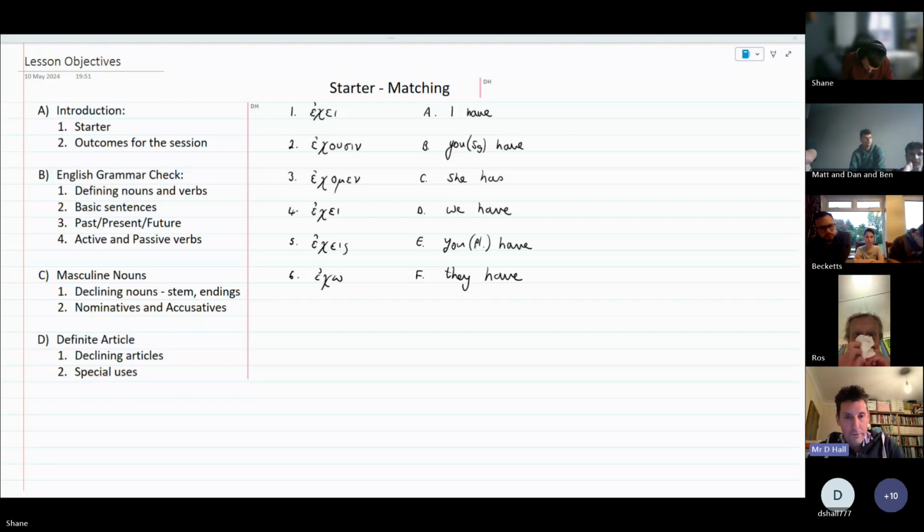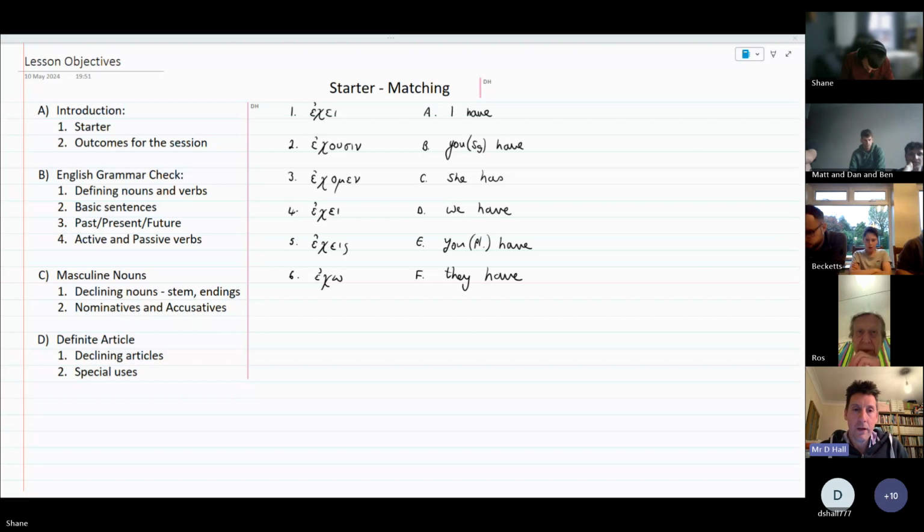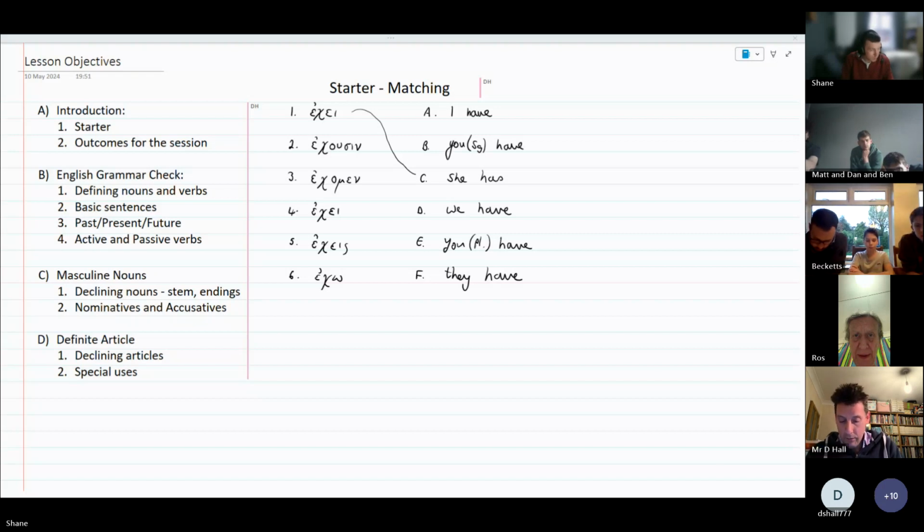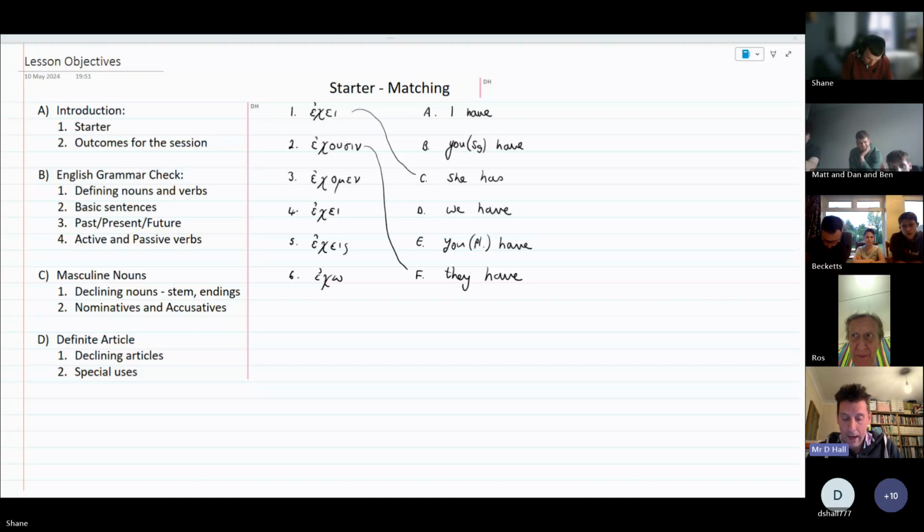So hopefully if you've got your list in front of you, you've been able to compare it, you've been able to remember which goes where, then you'll remember, I'm sure, that this is the third person singular, so something like she has. Okay, this was our ending for our third person plural, so we want a they have. This was our first person plural, so we've got we have, and this one we did again for some reason. Not quite sure why I've been giving you the same one twice, but there we are, we have. So we have she has again, I suppose. Then we have